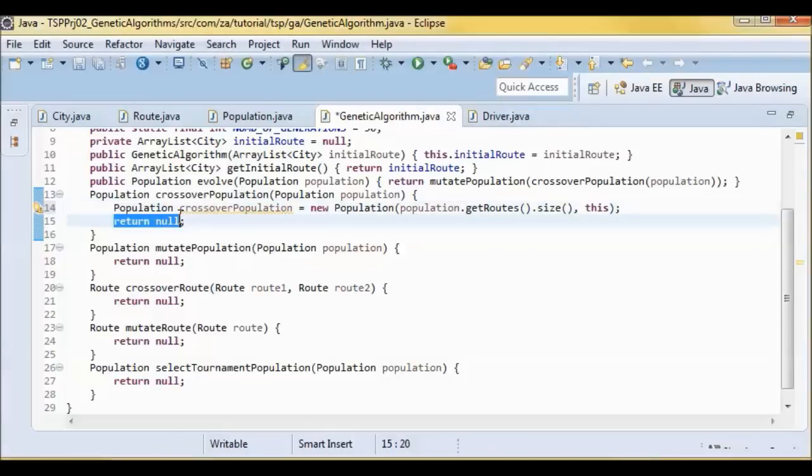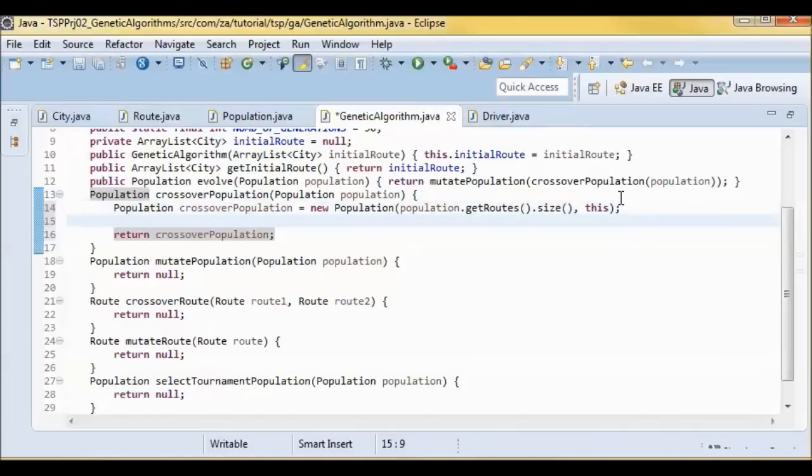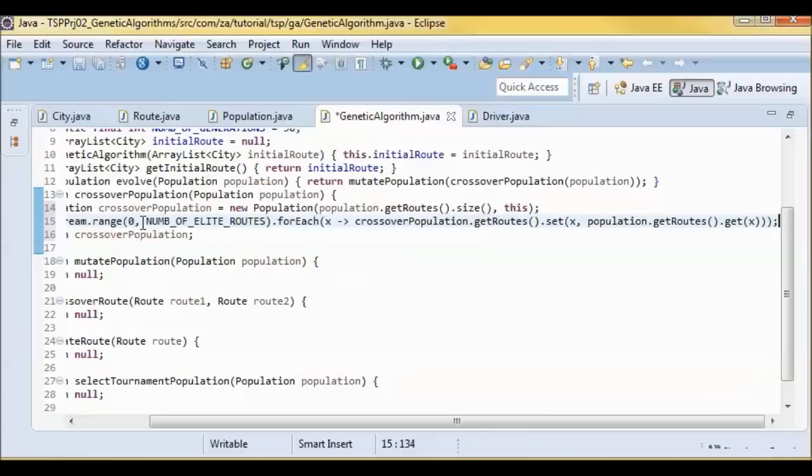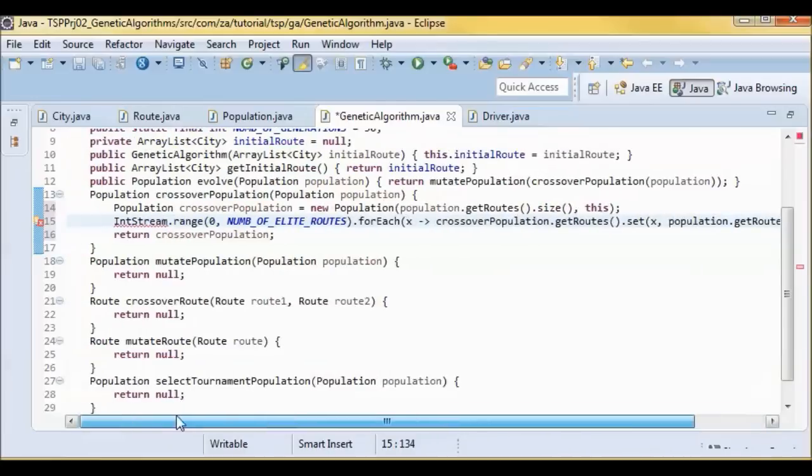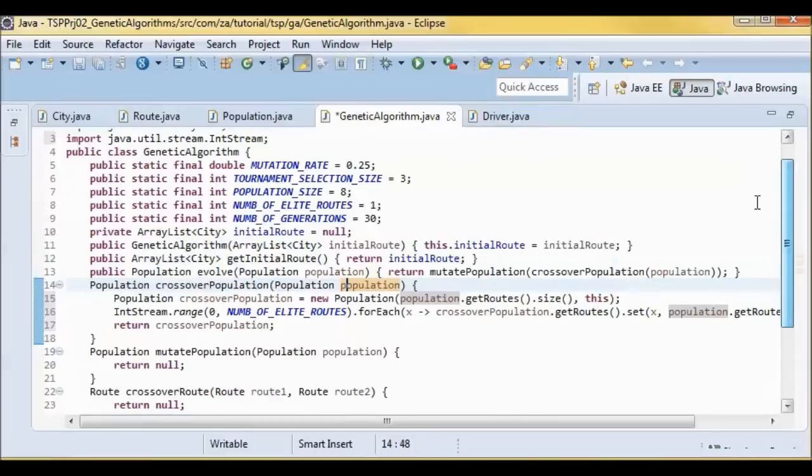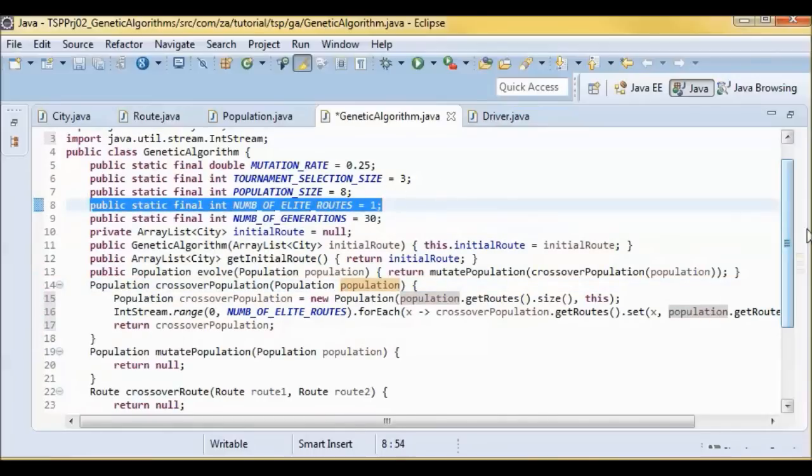And we will return that new population, but before doing that we will move the elite chromosomes as is, and here we only have one elite chromosome, since we have this set to 1.